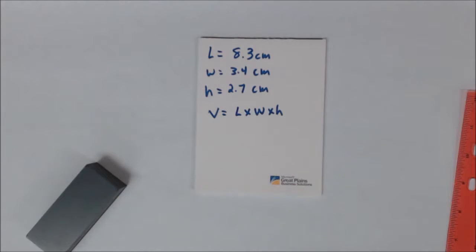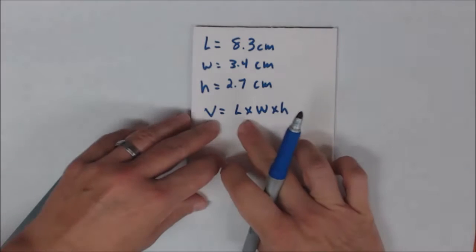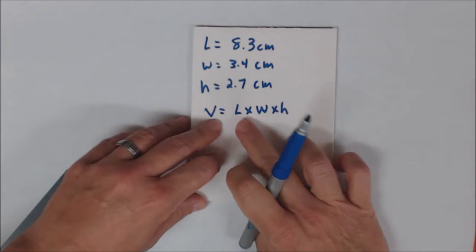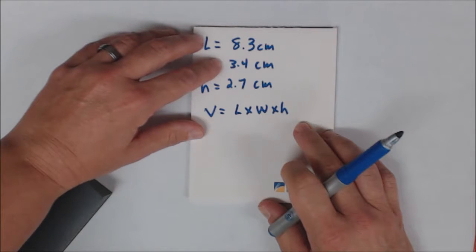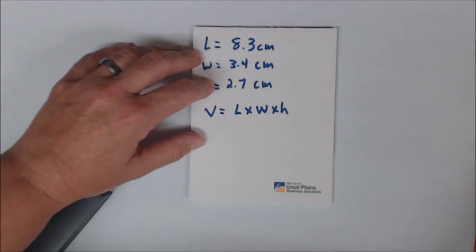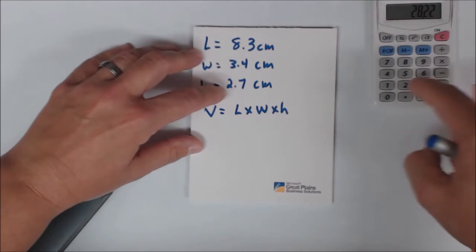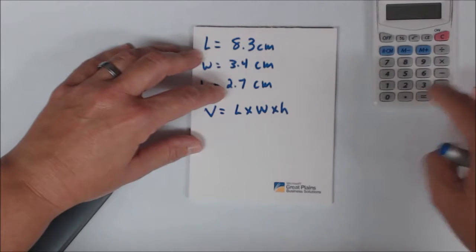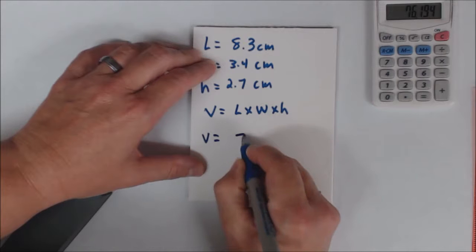Now, in order to calculate the volume, I need to do some multiplication. So the multiplication I'm going to do is length times width times height. So 8.3 centimeters times 3.4 centimeters times 2.7 centimeters. So let's go ahead and plug that into my calculator here. So 8.3 times 3.4 times 2.7 equals, so the number I get, so my volume equals